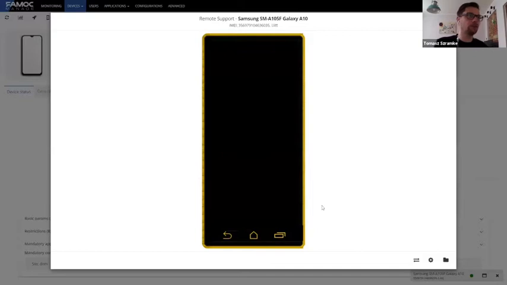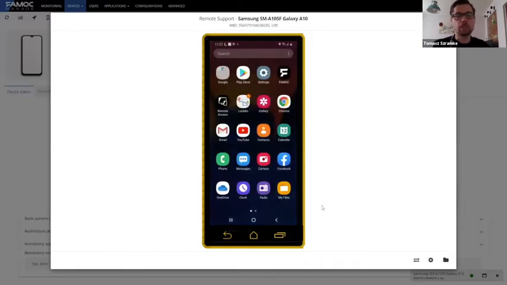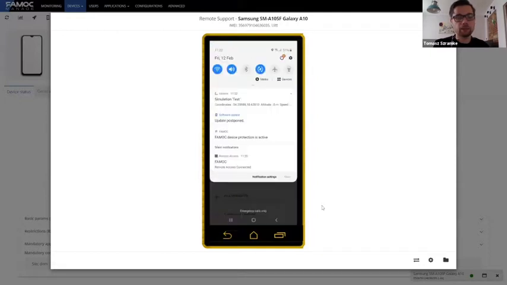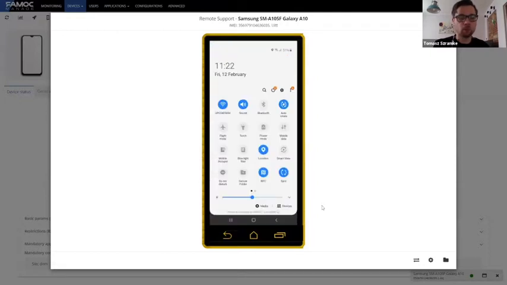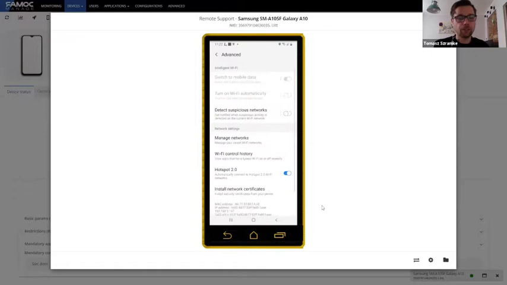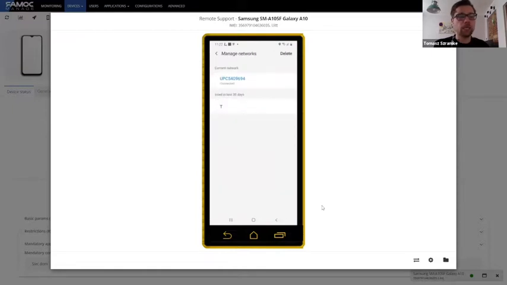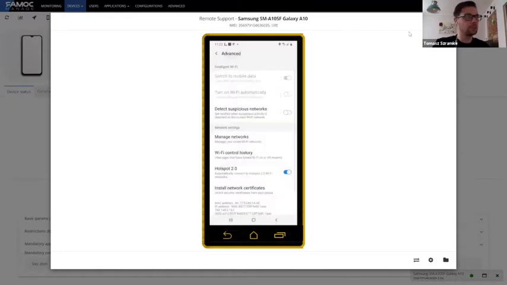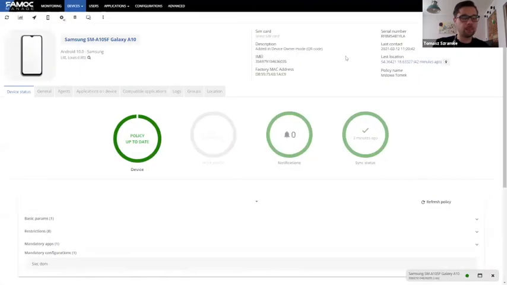then I will try, for example, just by mistake, I went to the Wi-Fi settings, and I will show you that here, manage networks. Here I have the network called T. This is the network that I've sent to that device with the configuration, and I will delete that. Forget this network,